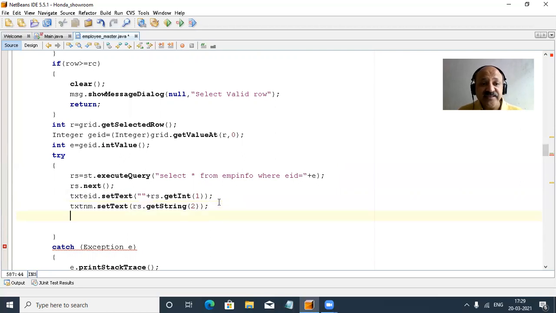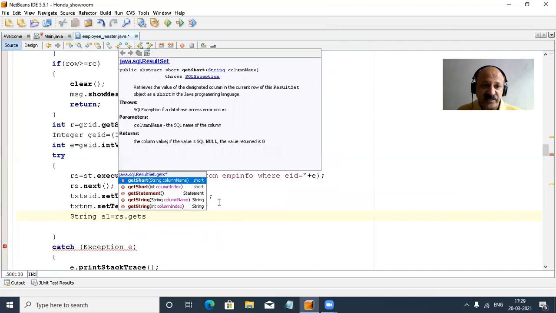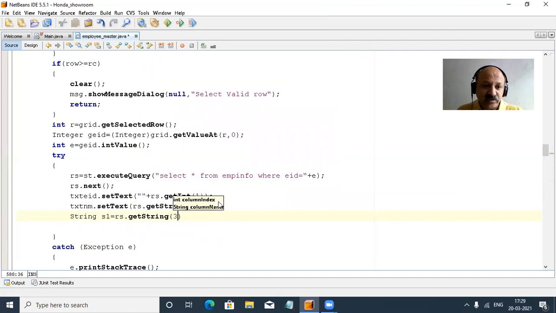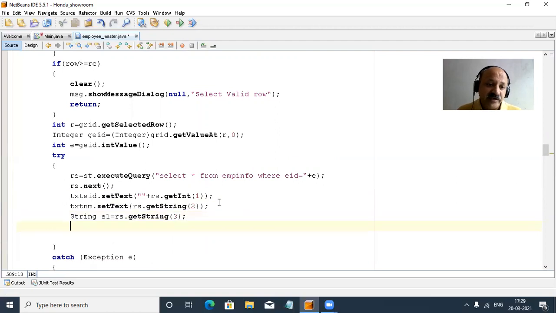Now the third field is gender, an optional radio button, male or female. So first we take a string variable s1, and rs.getString, since male or female is a string. We give the third column and take it in s1. Now how do we select our radio button?